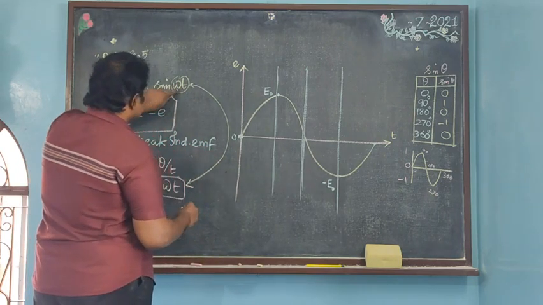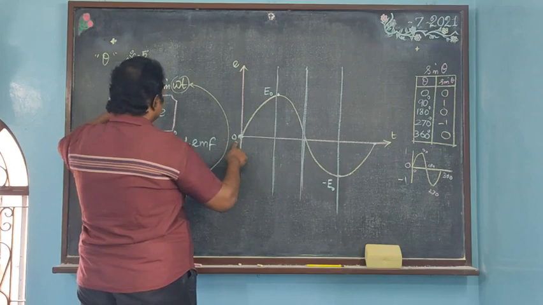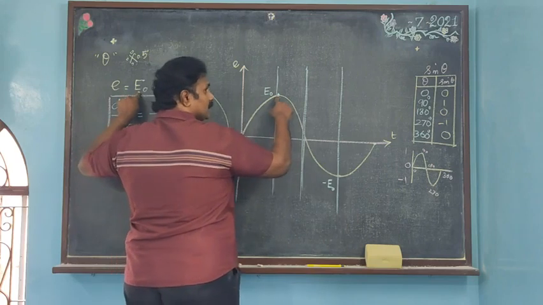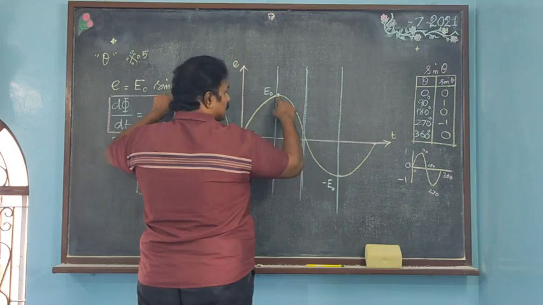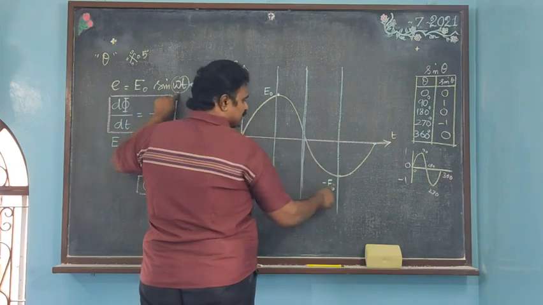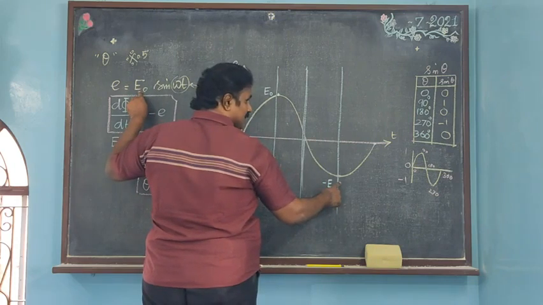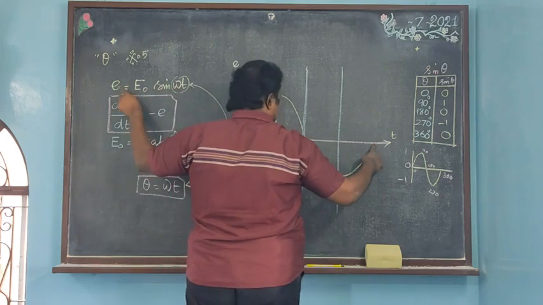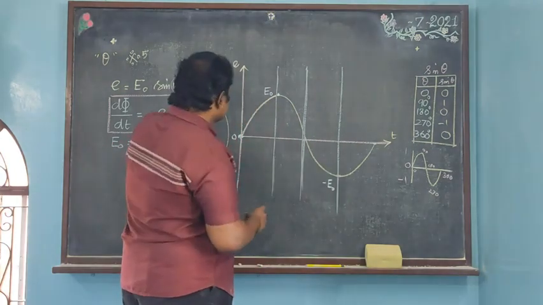Now, if you can substitute 0, sine 0 is equal to 0. 0 into E naught is equal to 0. Substitute sine 90. Sine 90 is equal to 1. 1 into E naught is equal to E naught. Got it now? Yes, sir. Then make it as a sine 180. Sine 180 is equal to 0. 0 into any number is equal to 0. Next substitute 270. Sine of 270 is minus 1. Minus 1 into E naught is equal to minus E naught. Yes, sir. Substitute as 360, sin 360 is equal to 0, 0 into any number is equal to 0, therefore it takes the value like this. Now, you take into consideration this talks about what?